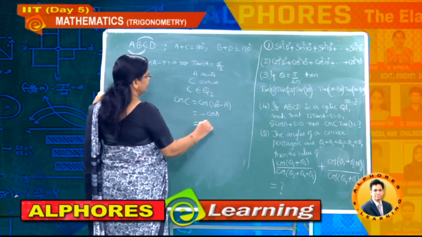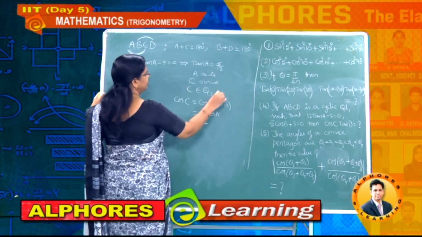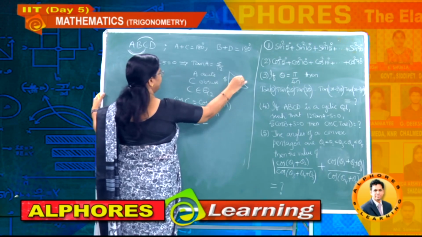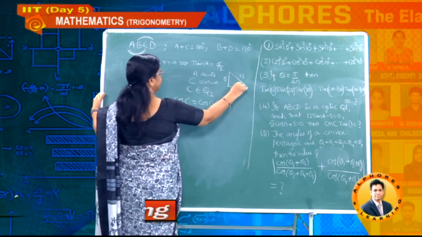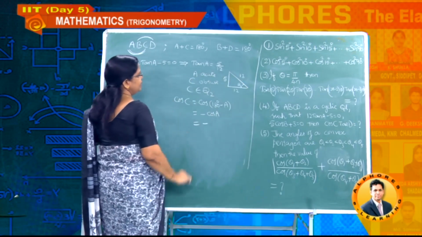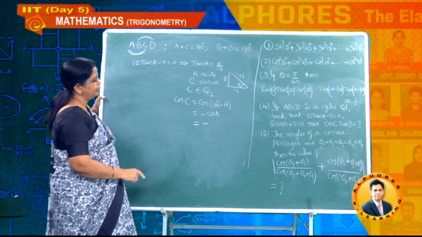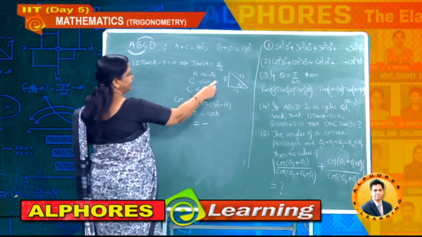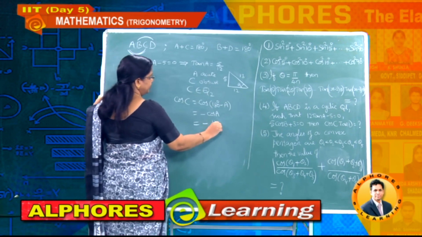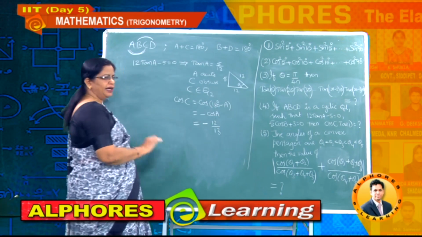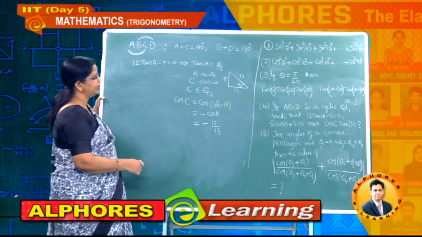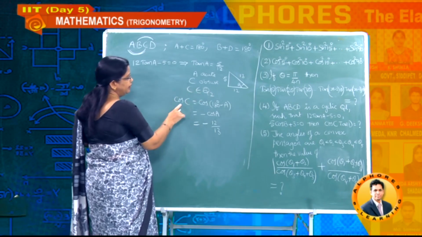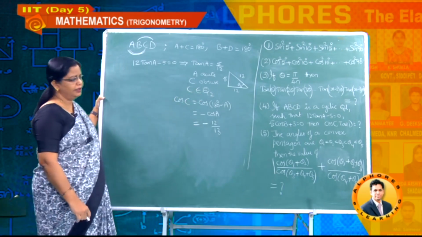Now minus cos A means, what is the value here? Tan A is 5 by 12. This side is 5, this is 12, this is 13, and this is A. We decided A is acute, but I require minus cos A. So acute, and hence directly I can write the value as 12 divided by 13. As it is I am writing. So cos C you got negative. Understand? Here C is in the second quadrant, hence your answer is negative.